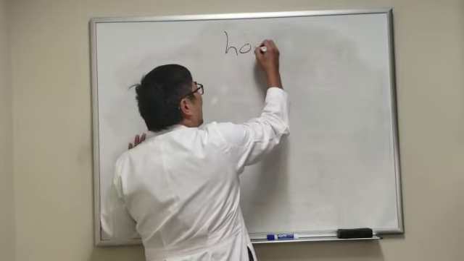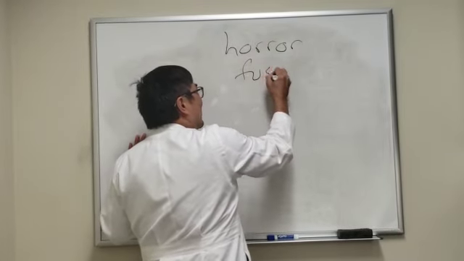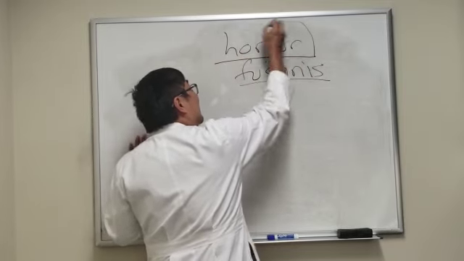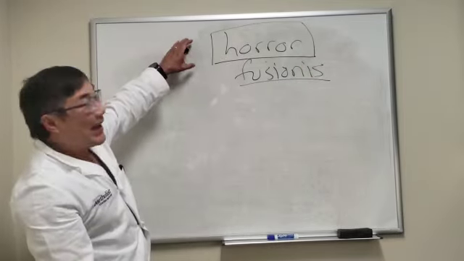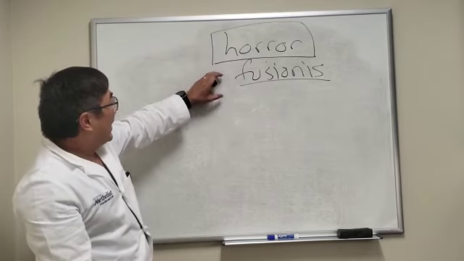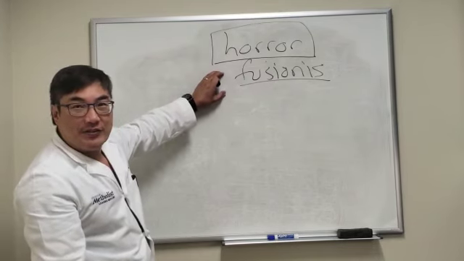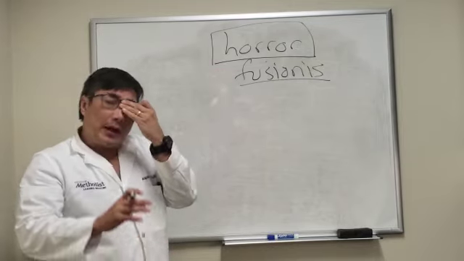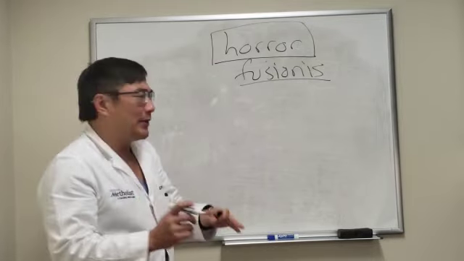So someone asked about horror fusionis. It's kind of a horrible name, but it does tell you what it is. The horror is the bad part, like a horror movie, and fusionis means you can't fuse. So it's the horribleness of not being able to fuse the image. And so you might be asking yourself, why wouldn't someone be able to fuse the image?